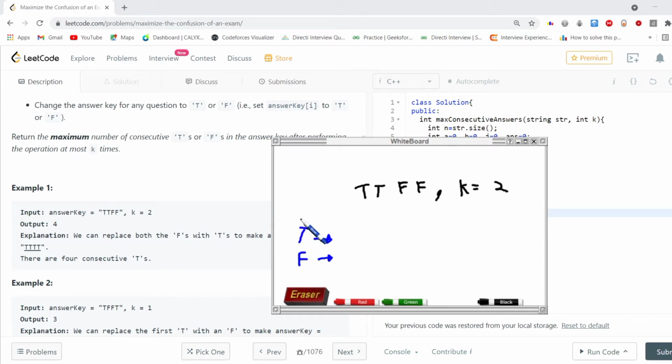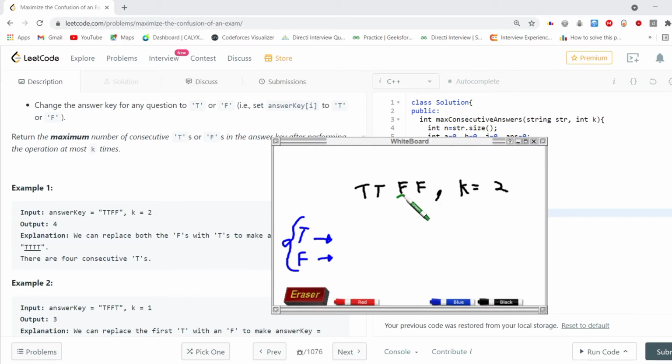We will take the maximum of what we get in both cases. If we want to make max T's, it doesn't make sense to change a T to F or a T to T. We will just waste our value of k. So we would like to change only an F to T.